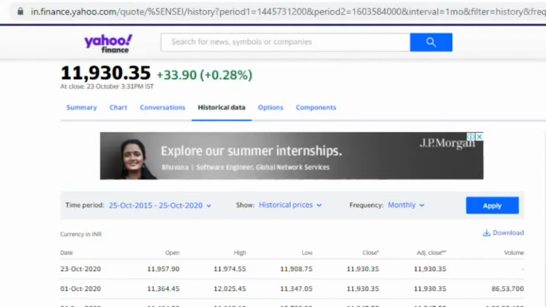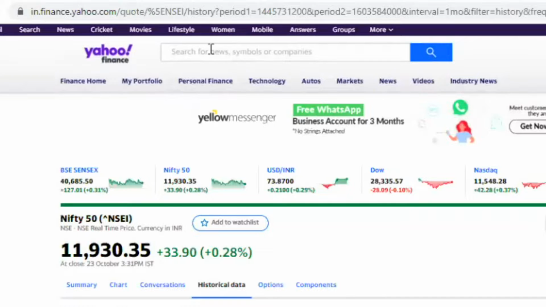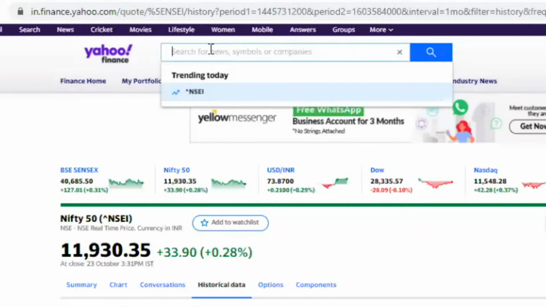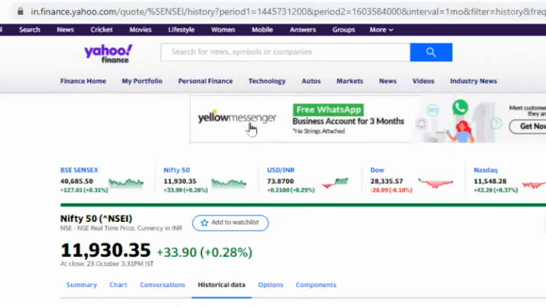Now come back. In a similar manner, you can take the data for the company for which you want to calculate beta. I want to calculate it for TCS, so by typing here, it will give me the companies with TCS in various symbols, but I want Tata Consultancy Services.